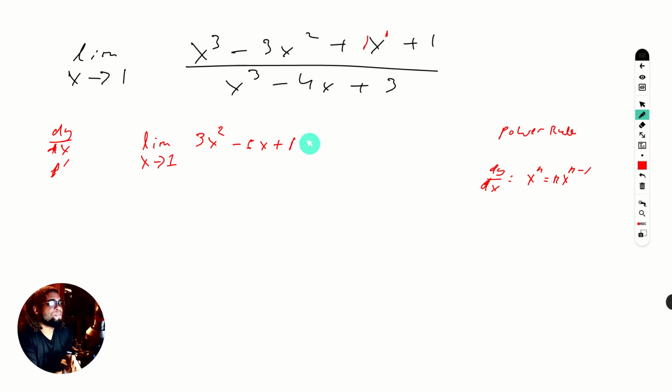And then the derivative of a constant is always 0. So the last number just disappears. Okay, so that 1 just disappears. Now we do the same thing on the bottom. In this case, we have the same derivative that we had on top, so it's just going to be 3x to the second